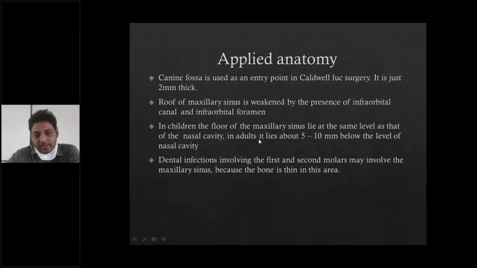But even in adults, if the floor is not below the level of the nasal cavity, what should we suspect? We should suspect maxillary sinus hypoplasia, along with an oval shape of the maxillary sinus and an oval shape of the orbit. And as we said,